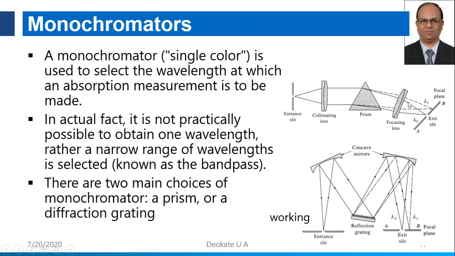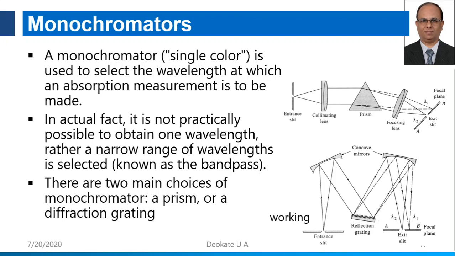Now at first instance, you see that lambda 2 is coming out from this exit slit. Here also lambda 2 is coming out from this exit slit. Now what you can do is rotate this prism in such a way that lambda 2 will be internally reflected and lambda 1 will come out. Here also lambda 1 will come out and lambda 2 will be internally reflected. Means just by rotating this dispersing device, you may get the different wavelength. Precisely, we can rotate this by using some stepper motors and some vernier calipers.